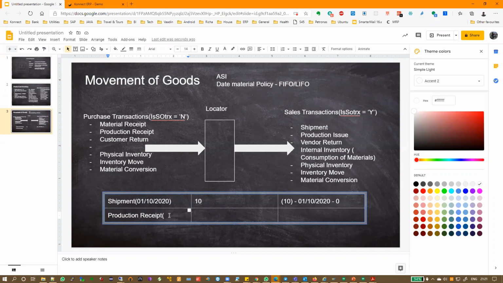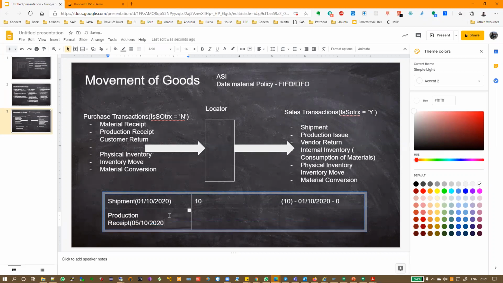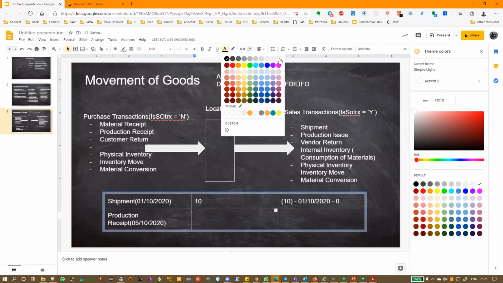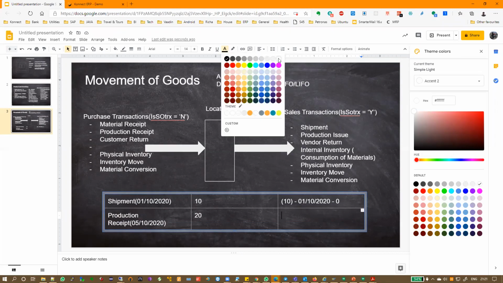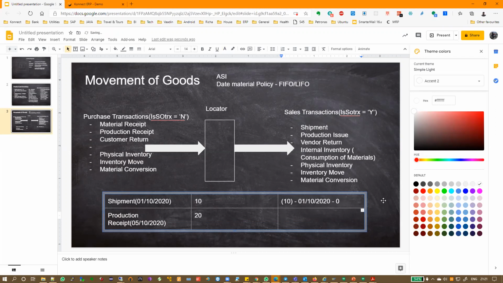So on the 5th of October, I do a production of 20. Now, can you tell me how the locator will get updated, based on what I've told you now?